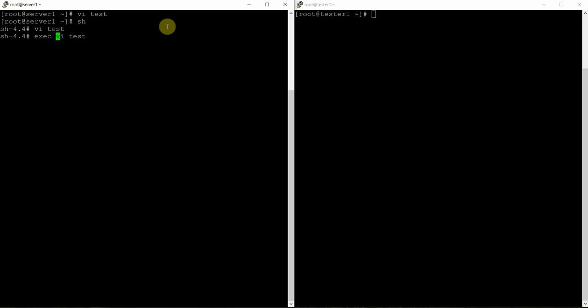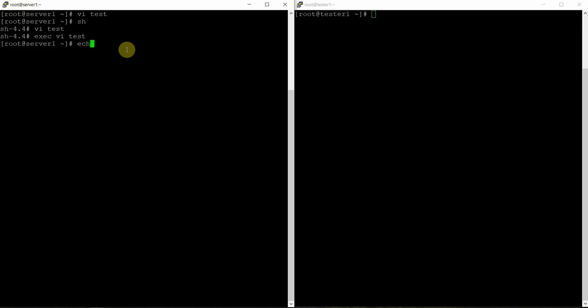What will happen is a strange thing, it will replace the Bourne shell, that is sh, and when I exit from this VI editor, I will be back to my original shell and I have exited from the Bourne shell as well. This is the difference with exec. So exec basically replaces the current shell. Child shell is not created. Process ID of the parent is taken by the new shell which is forked. So we call it replacing the existing shell.